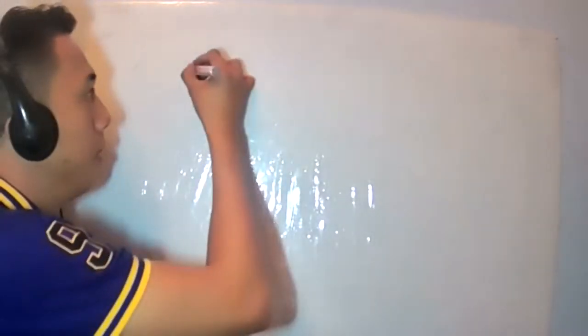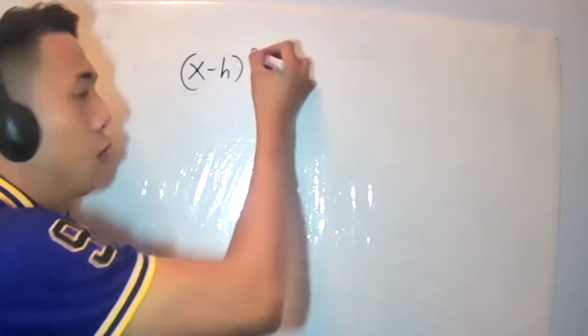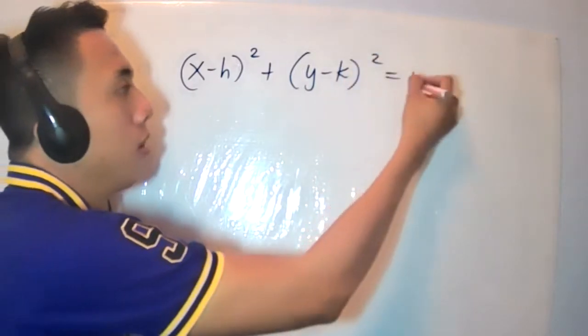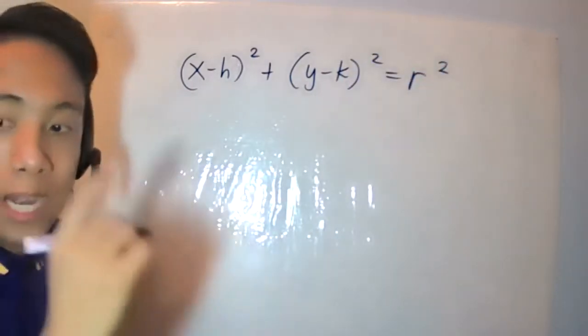Now, let us review first. What is the standard form of the equation of a circle? Okay, the standard form of our equation is... let me change my camera first. The standard form is x minus h squared plus y minus k squared equals r squared. Wherein